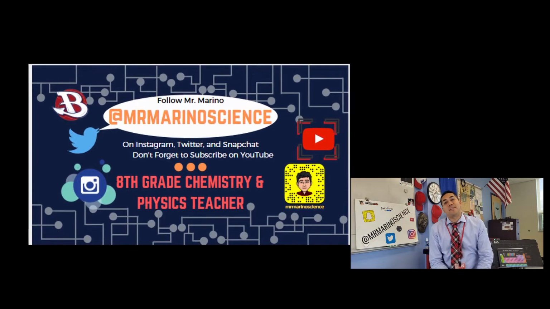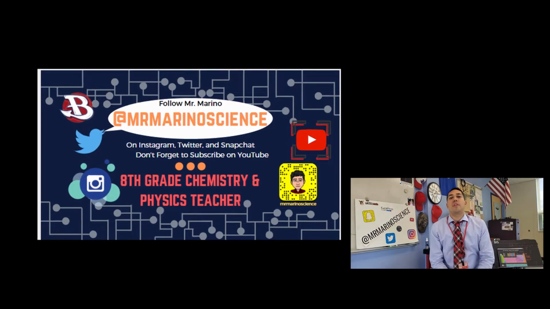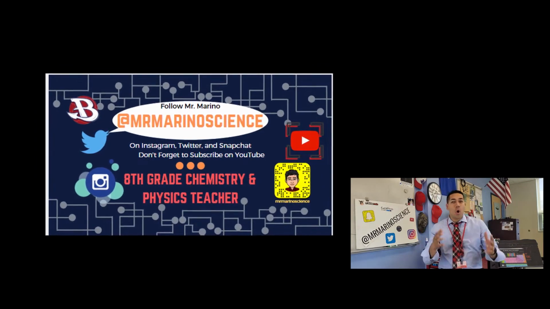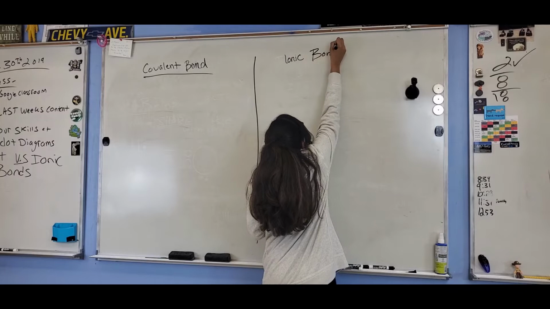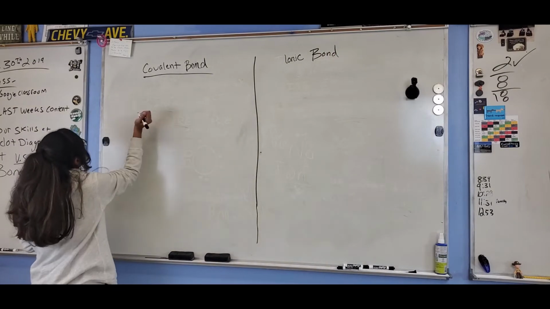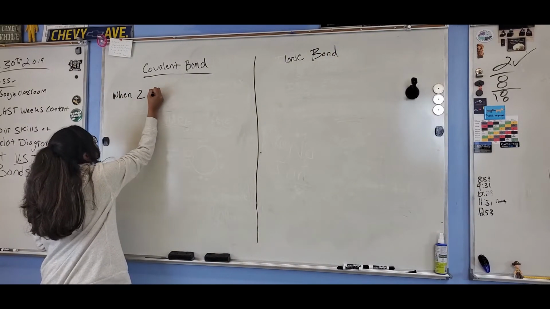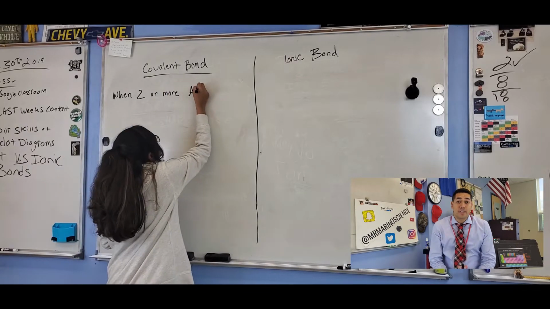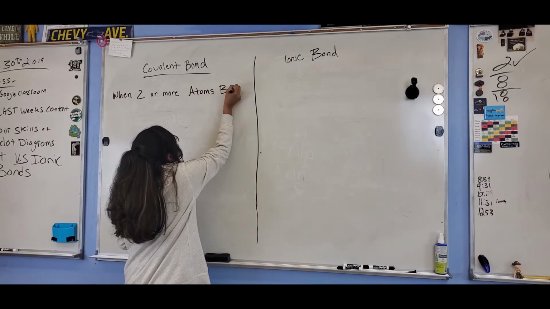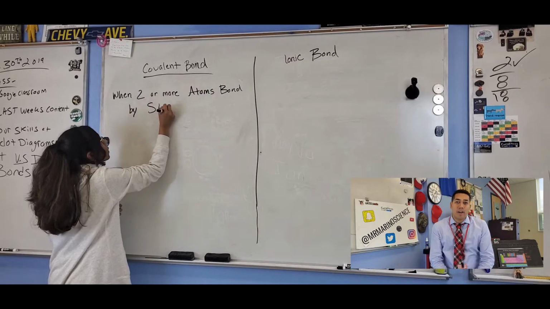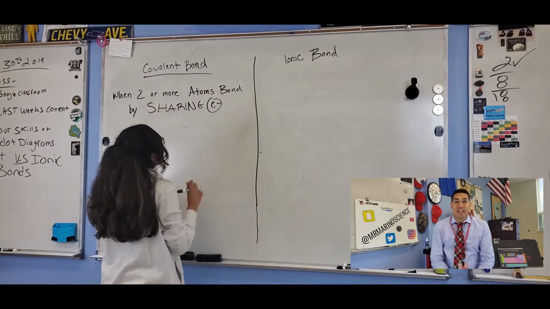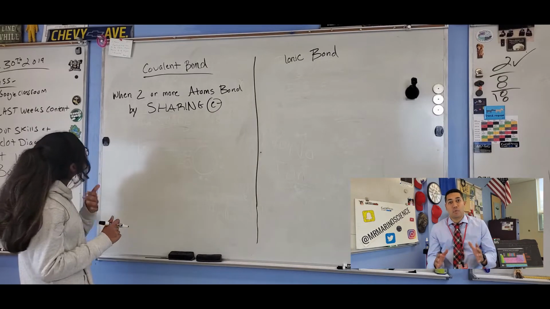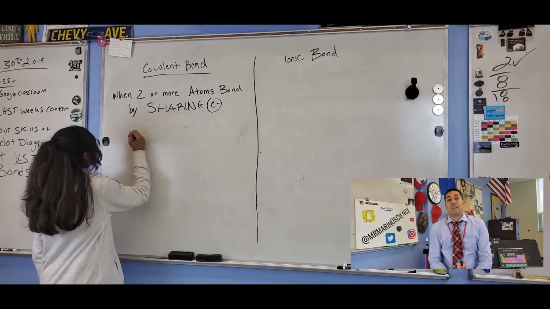Marino Science. Today's video is a little bit of a tutorial on the difference between covalent and ionic bonds. First, we'll start with the definition. Covalent bond: when two or more atoms bond by sharing electrons. Now, sharing is written in capital letters because that is the operative word when understanding covalent bonds and comparing those